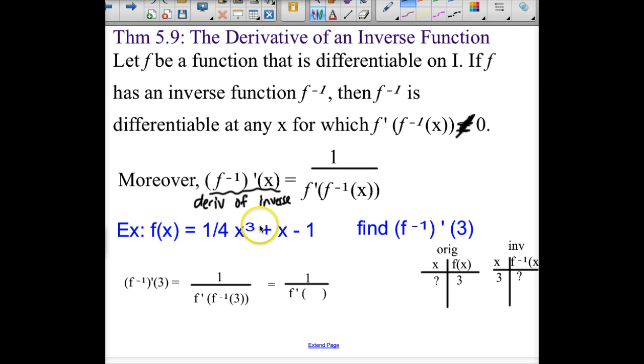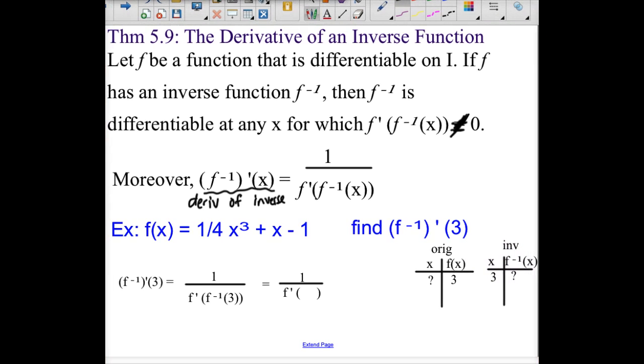If we have 1/4 of x cubed plus x minus 1, and we're supposed to find the derivative of the inverse at 3, it would be nice if we could find the inverse function first, and then take its derivative, and then plug 3 in. But we can't. So we have to think about it: we have the original function, and we have the inverse function. We're going to put 3 into the derivative of the inverse. So we're putting 3 in, that means it's our input. So for our inverse function, 3 will be our input, and we want to know what the output of that is,